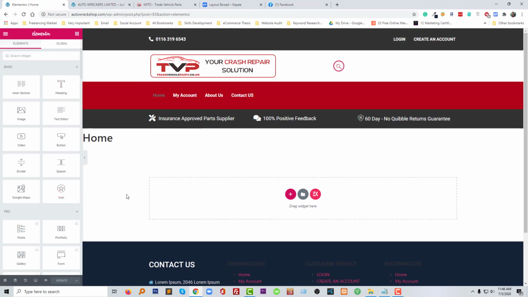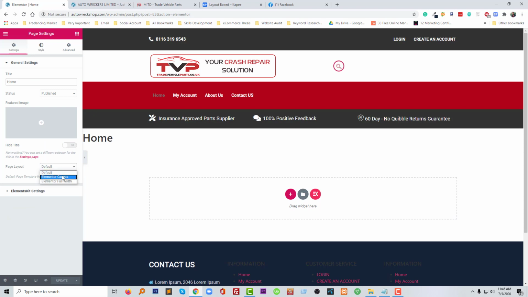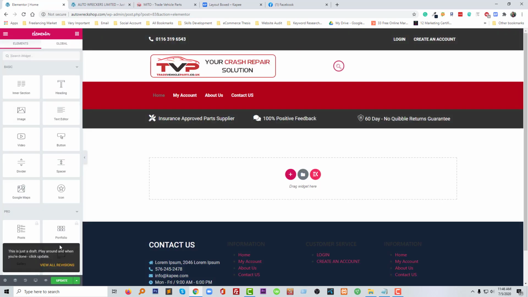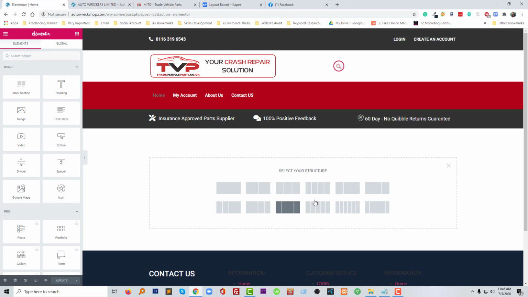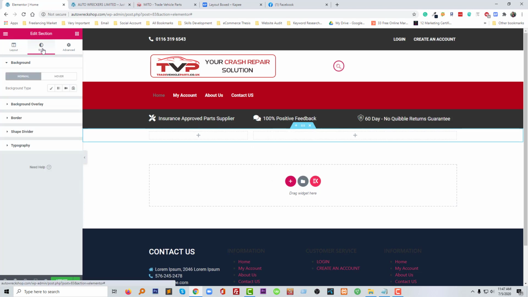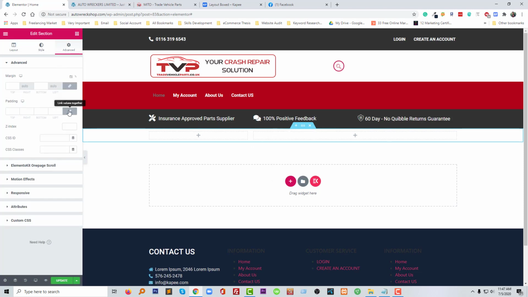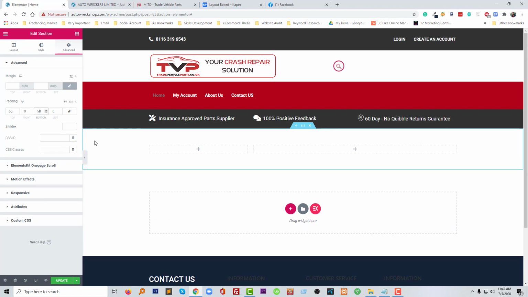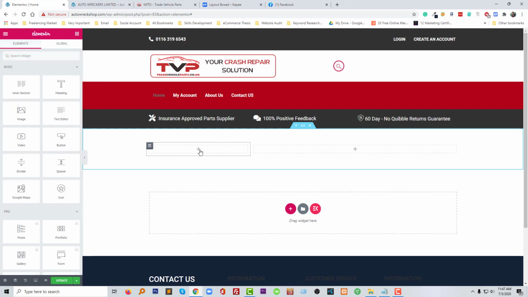Okay, so I'm going to click on the settings, then select Elementor and hide the page title. So after that I'm going to click on save changes, and now add a new section. So we need a sidebar and a content area or product area. So just making a padding top and bottom. Okay, so now click on the plus icon,